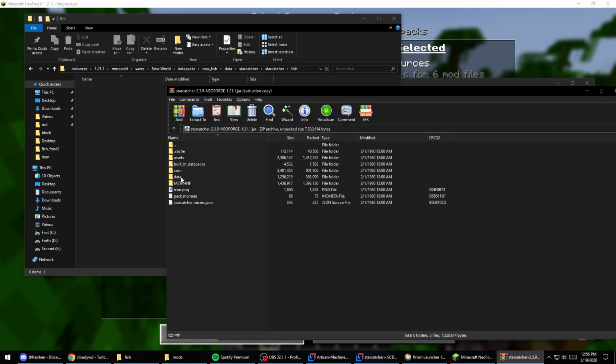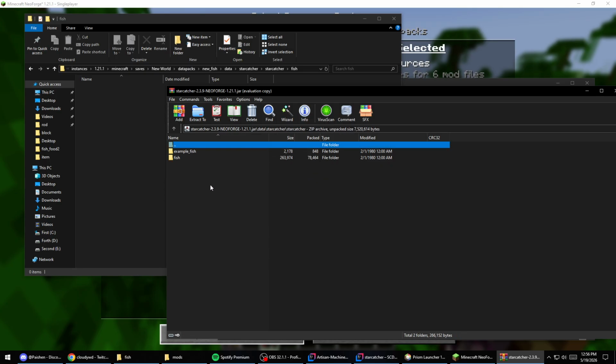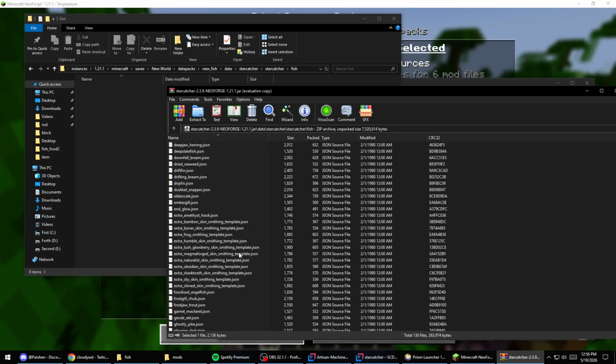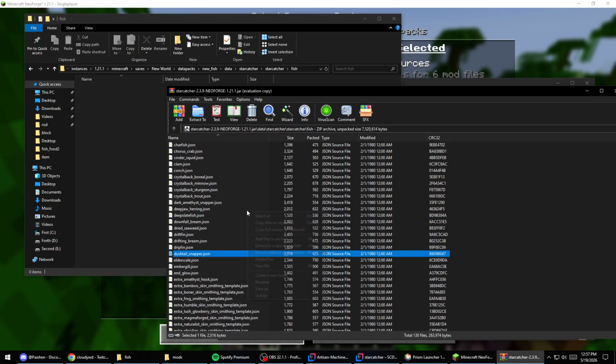So we're going to do the same thing. We're going to go to data, then Starcatcher, then Starcatcher again, then fish. And here we have all the Starcatcher fishes. This is specifically the Starcatcher fishes, so fishes from vanilla like cod and salmon are not in here. They are instead in the